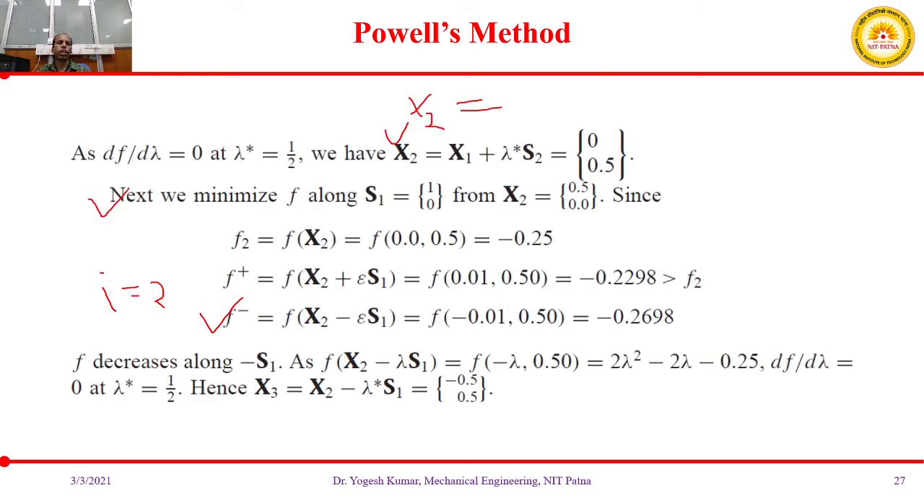Now what we are trying to see, we are only trying to find out the search direction in which you can get the optimum value, that is the minimum value. So in which direction you are getting the minimum value? Here you are getting,